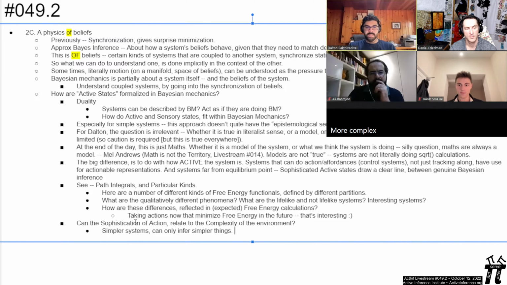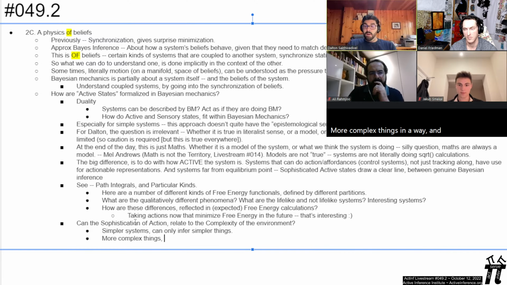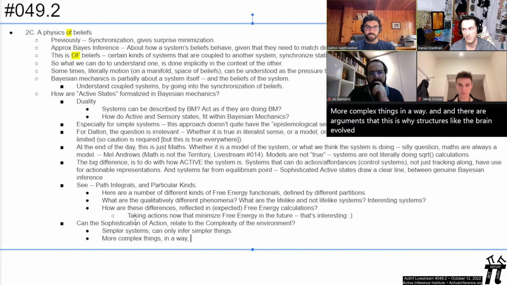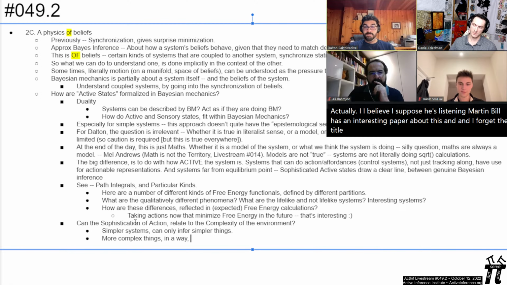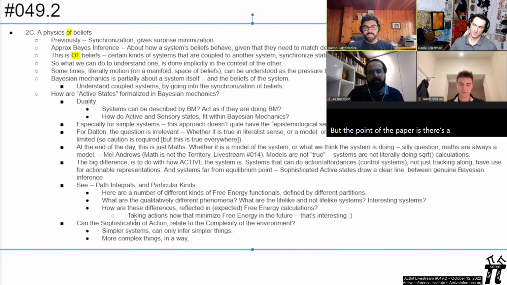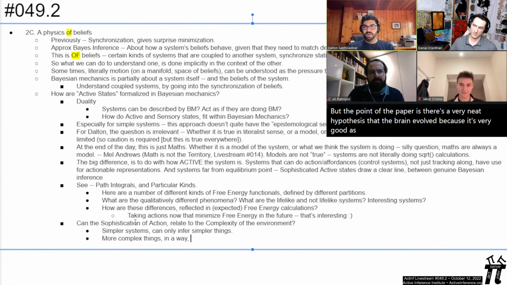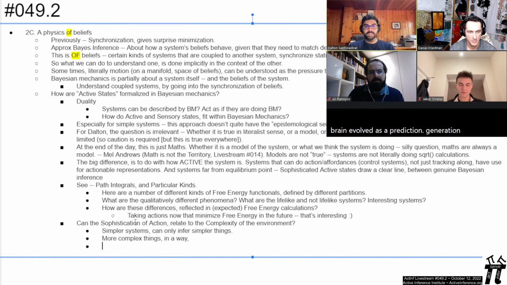More complex things, in a way, and there are arguments that this is why structures like the brain evolved. Actually, I believe, I suppose he's listening. Martin Beale has an interesting paper about this, and I forget the title, but the point of the paper is there's a very neat hypothesis that the brain evolved because it's very good as a biological structure at handling what's called counterfactual information. So the brain evolved as a prediction generation mechanism, and so there's remit to say that